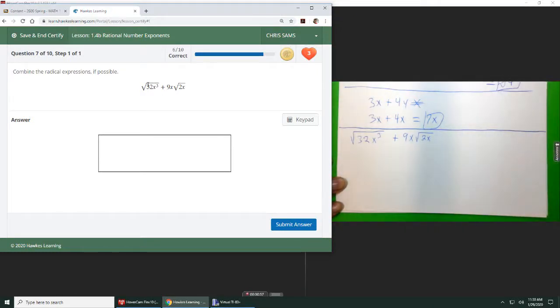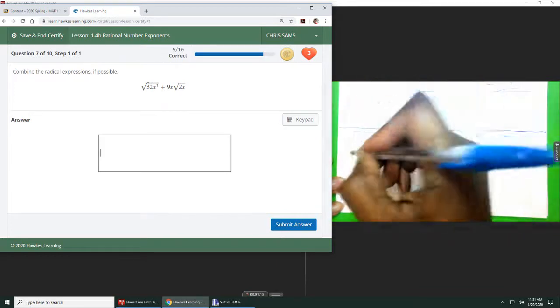Okay, so what we want to see is this one is already in smallest terms. I cannot break down 2 as prime. I can't do anything with this one, so it's going to stay. This one, however, should break down, and we're hoping when we do, it's going to be equal to this. And then if it doesn't, we'll just write that whole expression in the blank. So we're going to break down